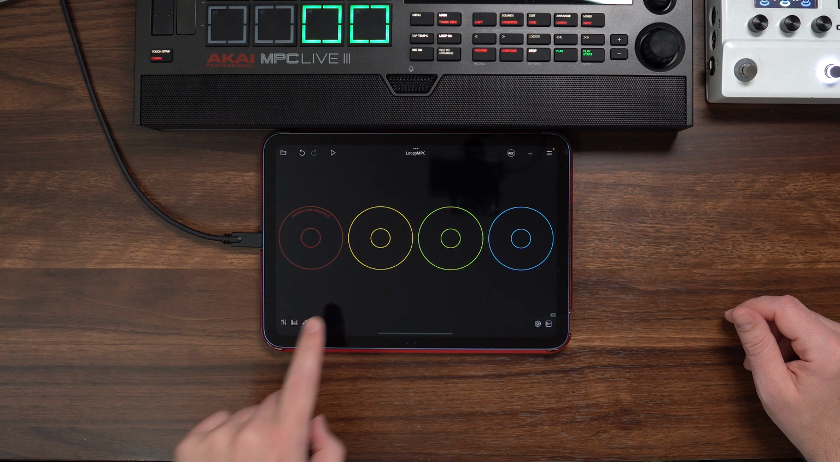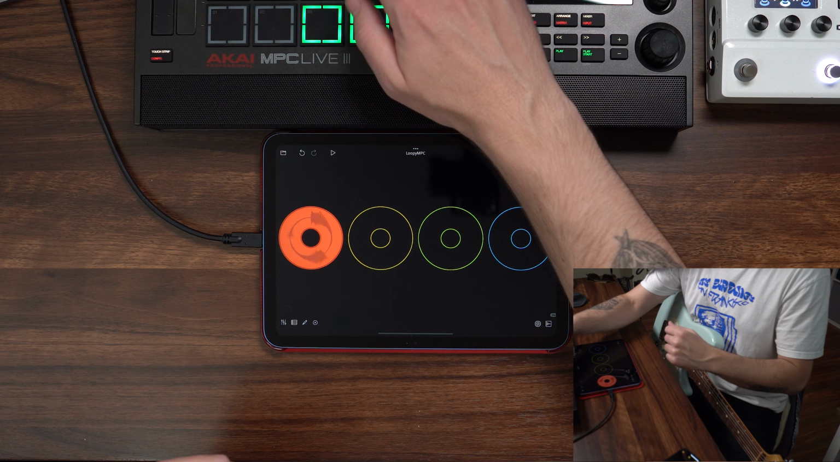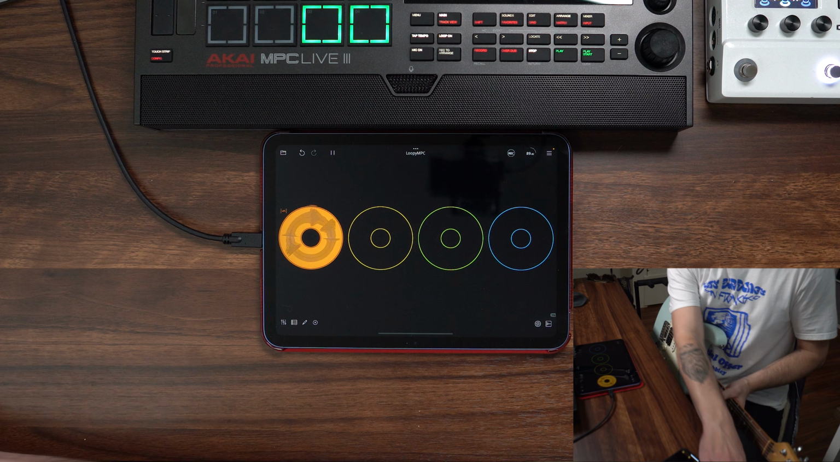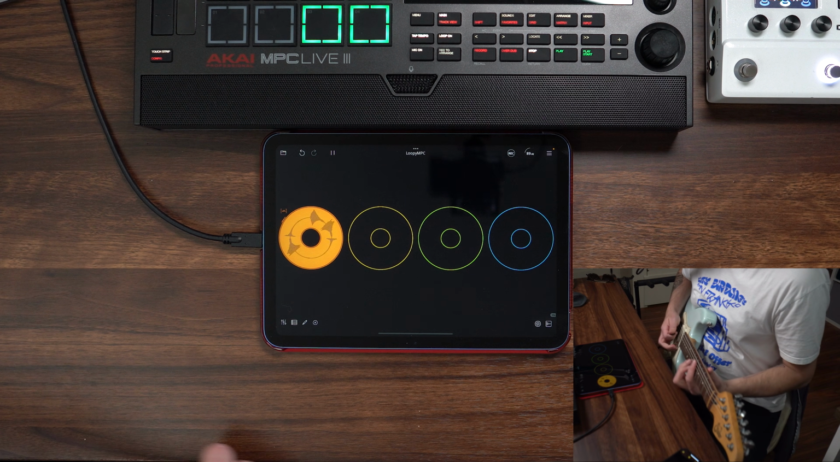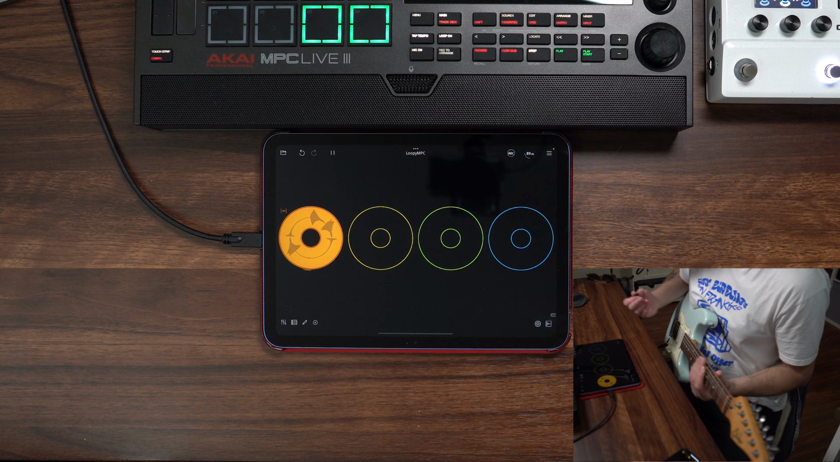So that pad right there, I've programmed to start recording. It waits for a threshold, I play, and then I hit the pad again when I'm done, and it loops, and my guitar is already running through. So I can loop another part,